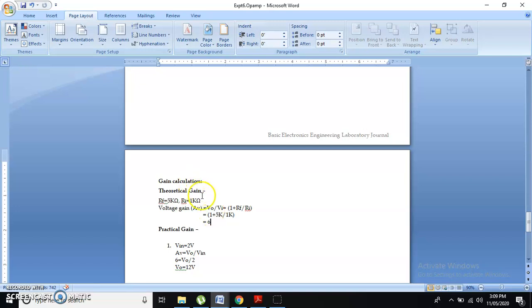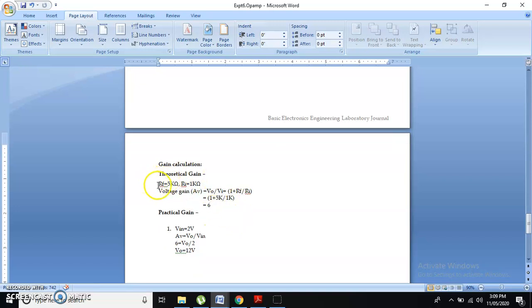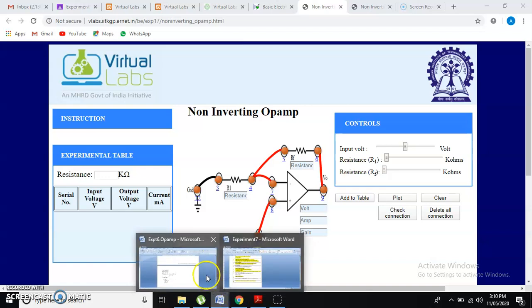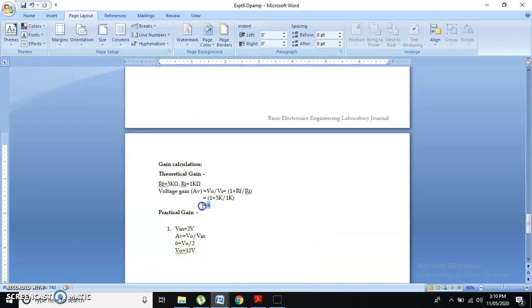Okay. Now we have to adjust the values of Rf and R1 in this diagram to 5 kilo ohm and 1 kilo ohm, and change the input to note down the output. Whatever change is made to the input, 6 times that will be available at the output. Why so? Because we have adjusted the gain equal to 6.